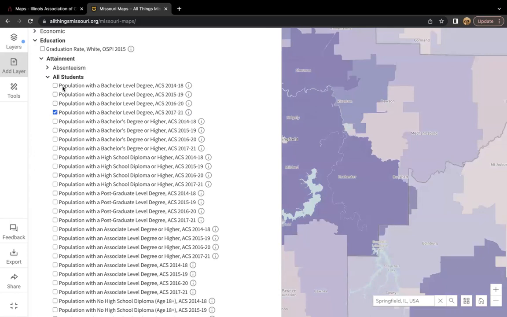And we want to see how it compares to 2014 through 2018. Now note that these dates, as well as the geography levels, do depend on the data source, right? We are able to publish the data and the dates that different data sources like the US Census Bureau collect.